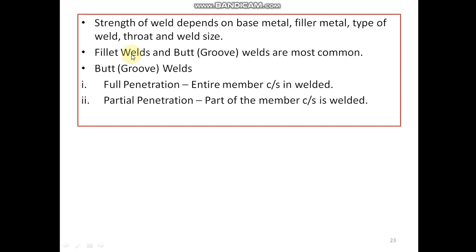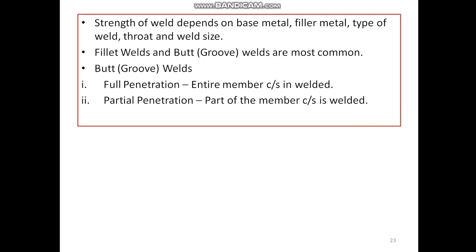Further, we can have different types of welding processes. You have studied these things in your elements of mechanical engineering. They are electric arc welding, forged welding, then gas welding, thermite welding, and resistance welding. So these welded joints have a few advantages over bolted joints also. We will see them a little later.